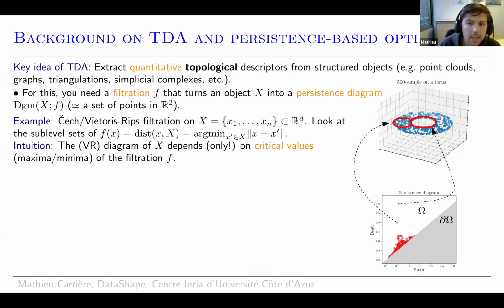All right, so there's been some recent work, at least during the past few years, where people have been looking at how to incorporate those objects, the persistence diagrams, these topological descriptors, into losses, for instance, when you want to regularize a machine learning classifier, right? This is an example of topological optimization where, in general, you're interested in running gradient descent on, let's say, an objective function that depends on the persistence diagram. And it's actually not so complicated. The one and only thing you need to know to be able to do this,